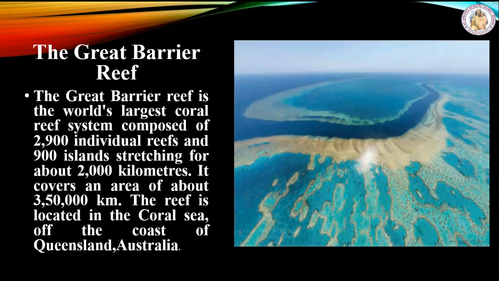The Great Barrier Reef can be seen from outer space. The sprawling coral reef system is one of the most biologically diverse places on the planet. Coral reefs are built by billions of tiny organisms known as coral polyps. CNN labels it as one of the 7 natural wonders of the world.